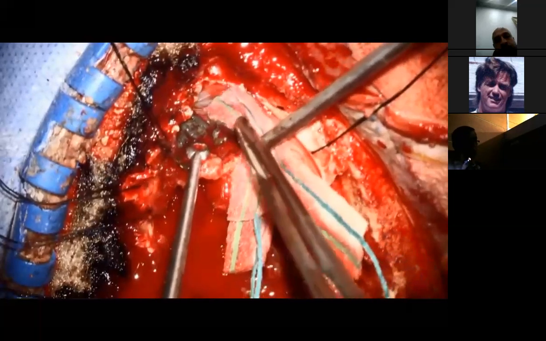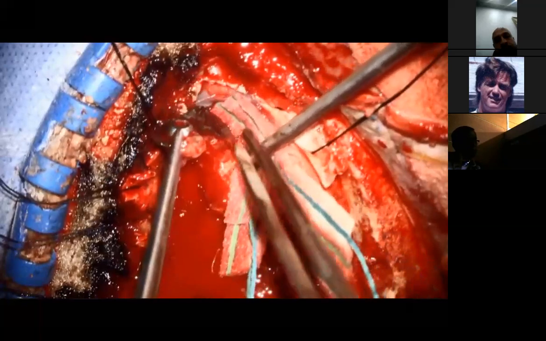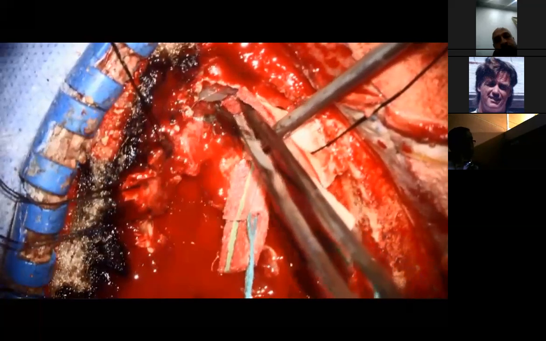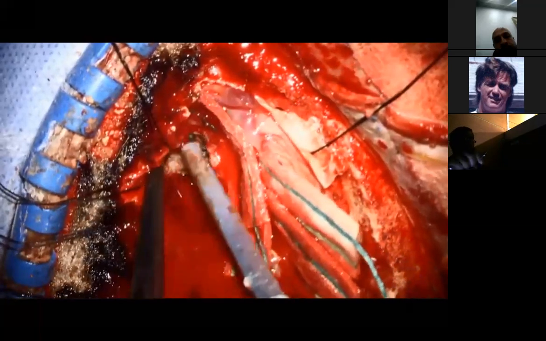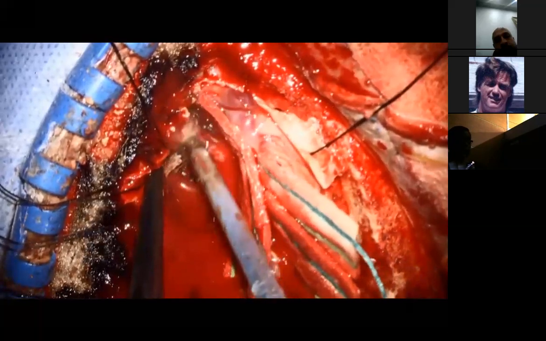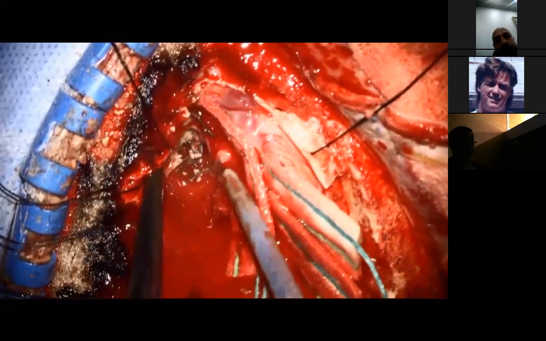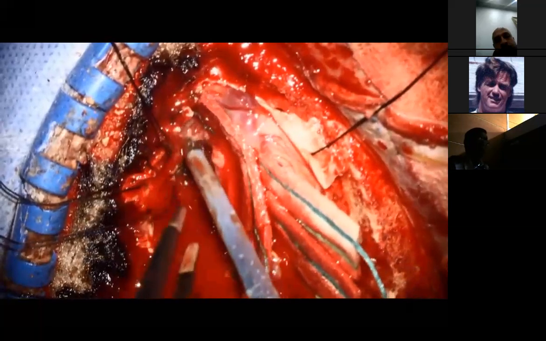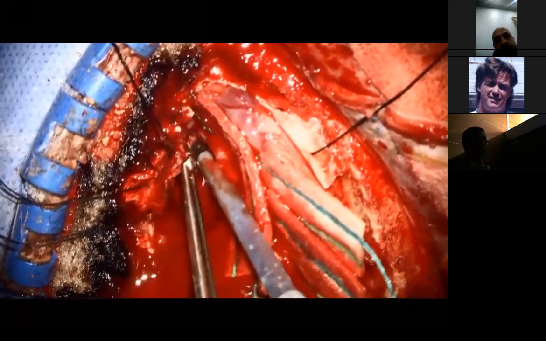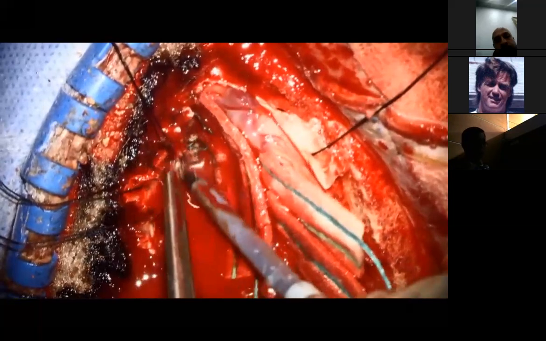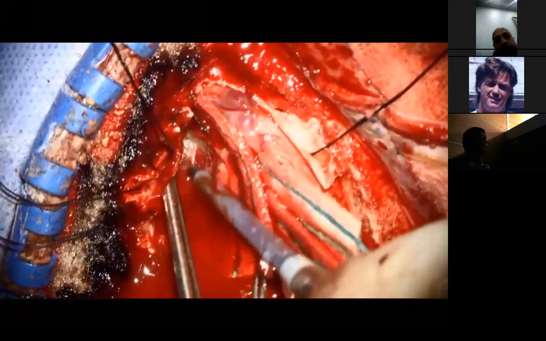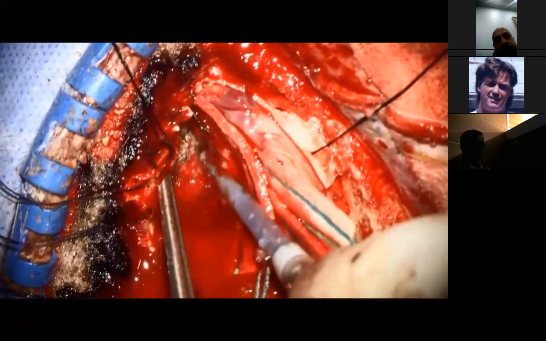Embolic material. So how did this help? It became softer. It became softer. You can see I can suck it. And it decreased the blood supply, no doubt about it. If we did not do embolization, it would have been bleeding horribly. This is continuous bleeding, but it is manageable.